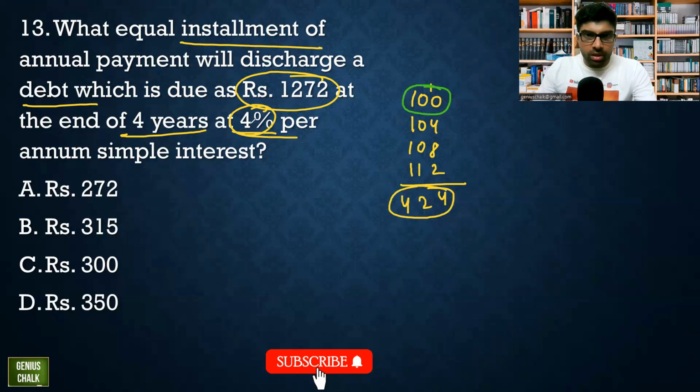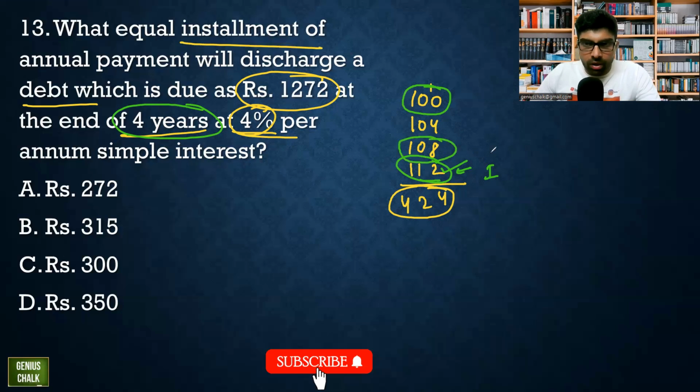In the first case, because you have taken the money for 4 years, it will be 100 plus 12. This much you will pay. After that, this is the first year installment. Practically it is reverse. For question solving, we take it from 100. So for 3 years, 12 rupees you have to pay, right? Then 1 year is gone. Now for only 2 years, it should be 4 plus 4, 8. Then the second last year, only 4%, so 104. And in the last year, the remaining 100 you have to pay. But for equal installment, I have taken 100, and every time 4 is added.